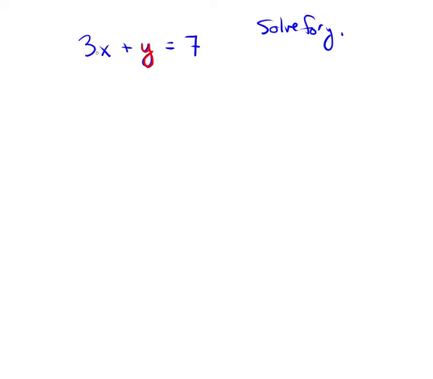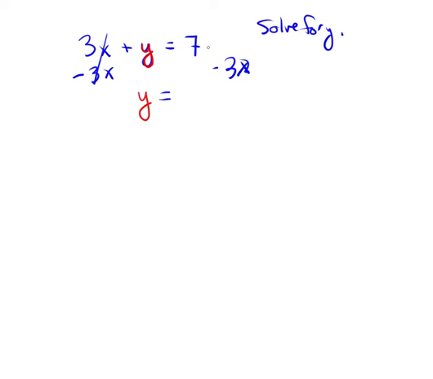Getting that y by itself, I noticed that there's a 3x here. So I'm going to zero that out. We can't move it just over to the other side, we have to move it mathematically, which means zeroing it out. So it's a positive 3x, so we subtract 3x. If we do it to one side of the equation, we do it to the other. And 3x minus 3x zeroes out, and we're left with y equals,